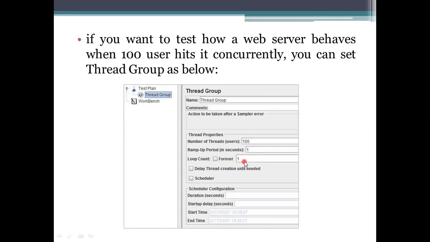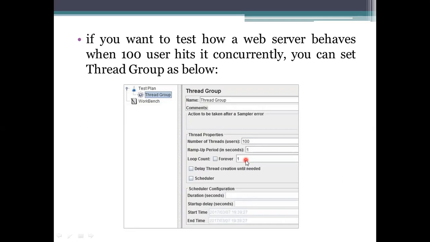And then the loop count. Here it is 1, which means from one system you allow the user to connect one time only. For example, when you are not getting the data on a website, you simply close that browsing window, refresh your system and try to open it again. Or if you are not able to access an application on your phone, you clear all the apps and try to access it again.